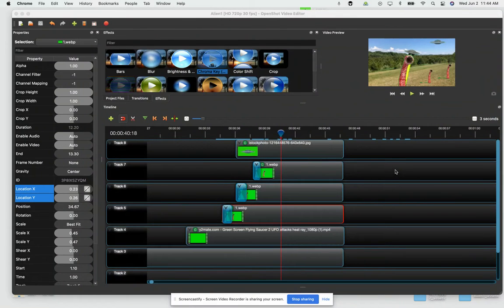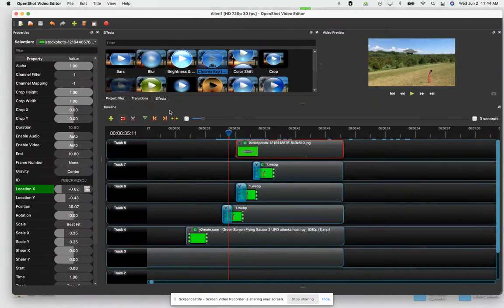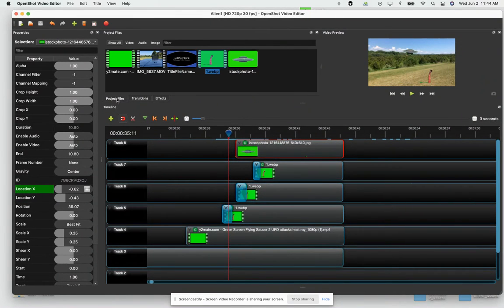So the second part of the video is going to show you how to bring in a still image, just like we did with the worms, but you're going to have this image move through the scene as the video progresses. So I'm going to back my timeline up, and now we're going to focus on this top track in my timeline. So if I go back to my project files, you'll see in this clip